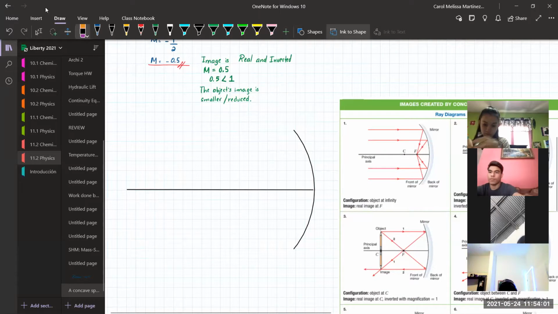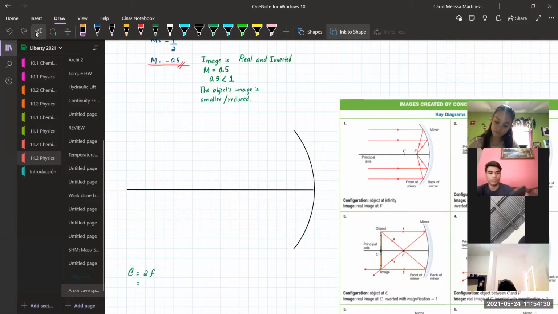Now, it is important that you know a few things before drawing, okay? First, you need to know that C is the center of the circle that makes up the mirror. C is the center of curvature, and C is equal to twice the focal length. The focal length is given in this problem as 10 centimeters. So 2 times 10 centimeters gives you 20 centimeters. So this is the radius that you should use